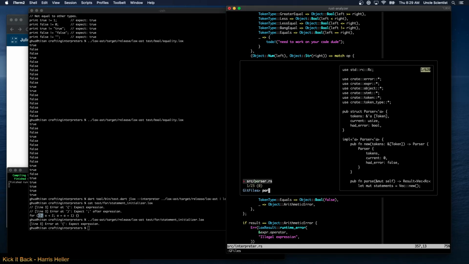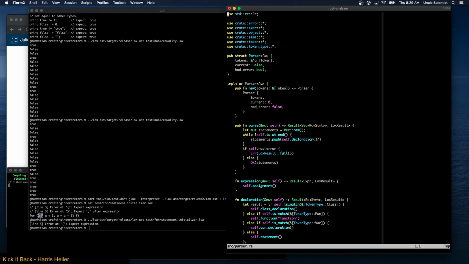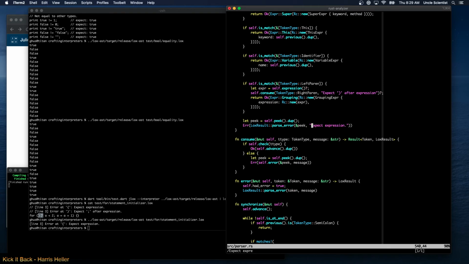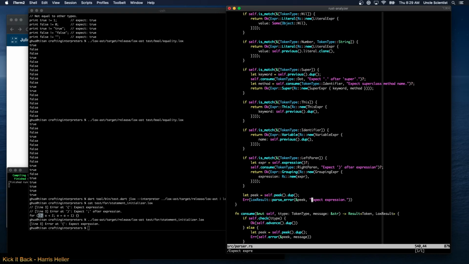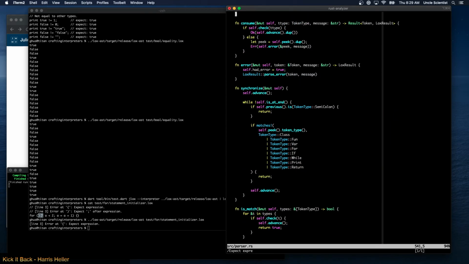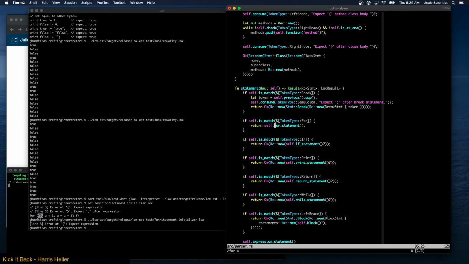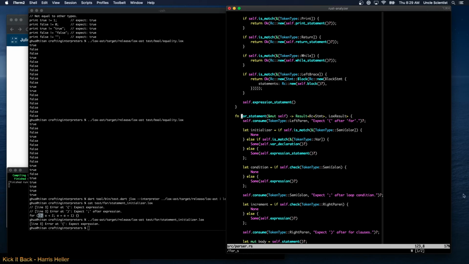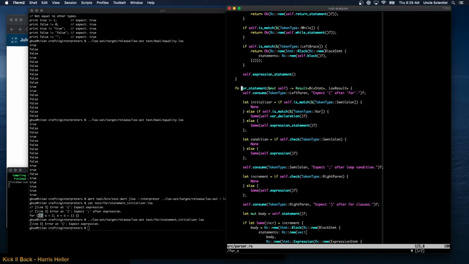Parser. Where do we have this? Expect expression. Oh, this would be in a for statement, right? Yeah, for statement. Expect this after for. So there's the initializer, right?